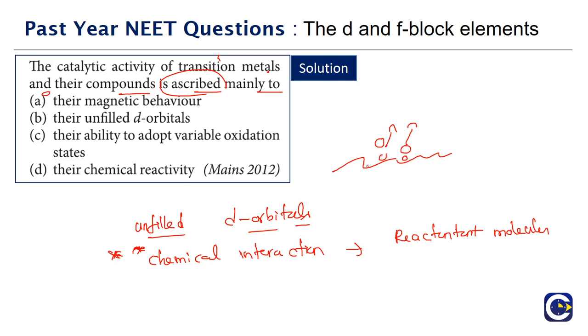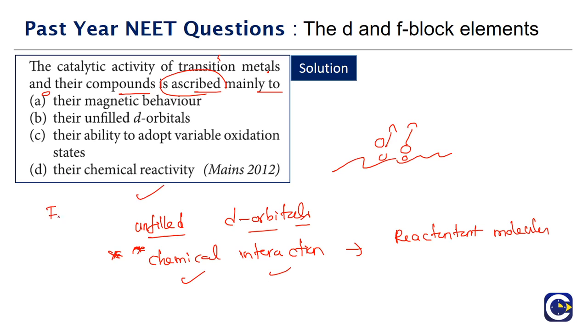will be having what, the chemical interactions, because of which we will see that the catalyst will be specific in terms of activity, because not every catalyst can be used in each and every reaction. It will be very specific because there will be some kind of a chemical interaction, and this is possible because of what, the unfilled d orbitals.